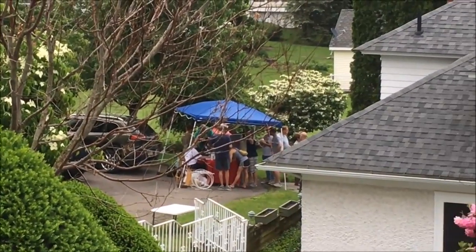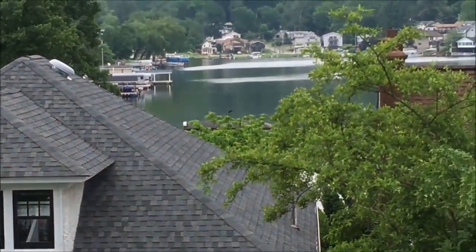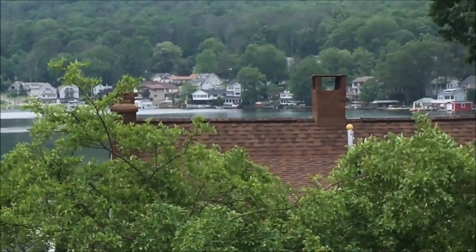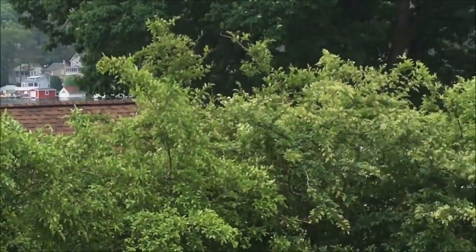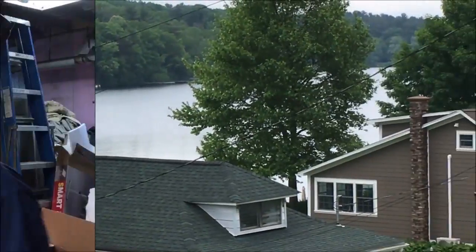Next, took a short trip out to a place called Lake Winola. And this house in the foreground, there was an estate sale. It's right on the lake. It's a beautiful small lake. At that next estate sale at Lake Winola,